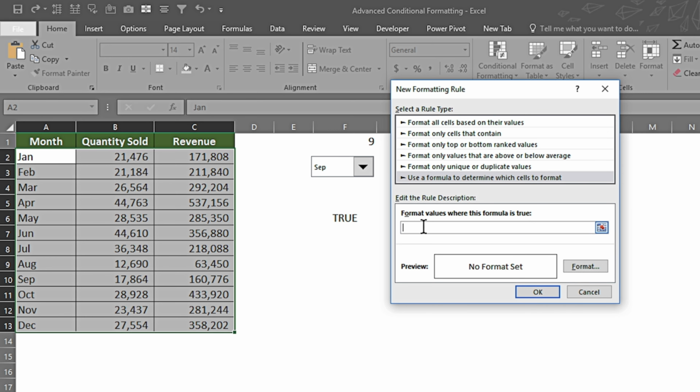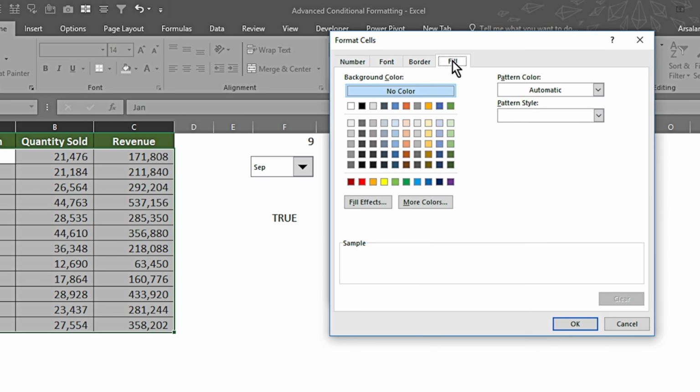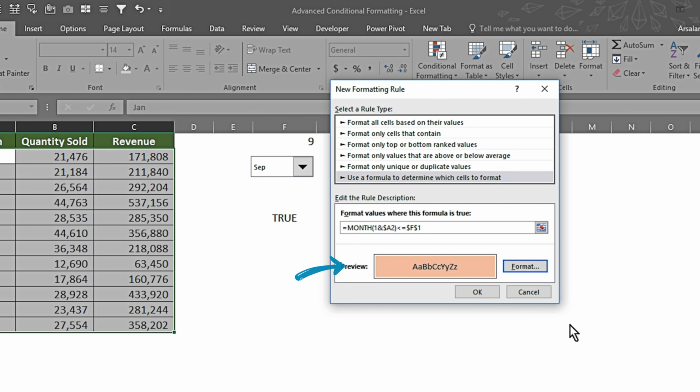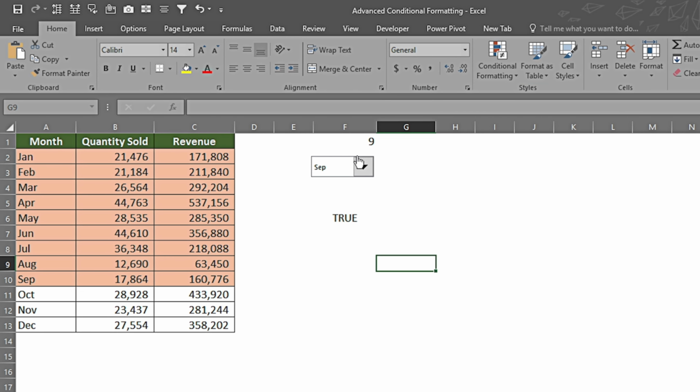Here I will paste the formula. I will go in format, fill, select the color of my choice. It shows a preview, press OK, and then another OK. So now we can see that as it has selected September, it is highlighting the rows up to September. If I change it to any other month, it is changing dynamically.